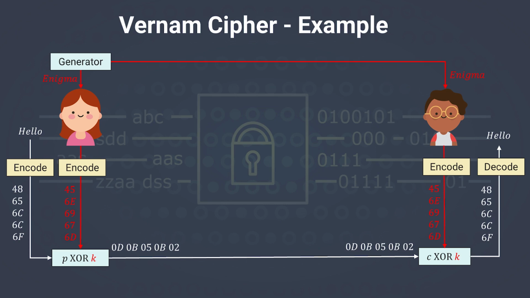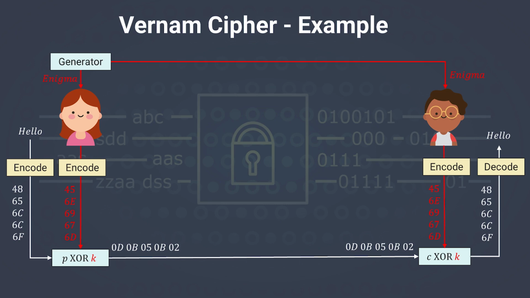Alice has also to encode the key enigma. As you see, the uppercase E was encoded to the value 45, the lowercase n to the value 6e, etc. You might have noticed that the key enigma contains 6 characters, while our plaintext hello contains only 5 characters. That's not an issue. We will only use 5 characters of the key and we will not consider the last character of the key. Now the encryption algorithm is applied by XORing the plaintext with the encoded key